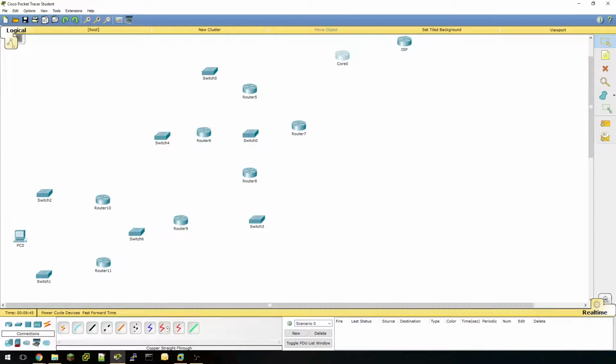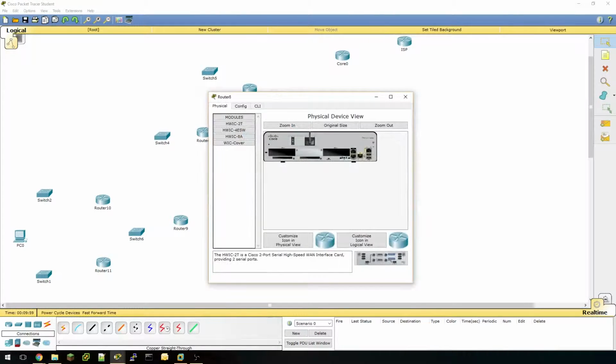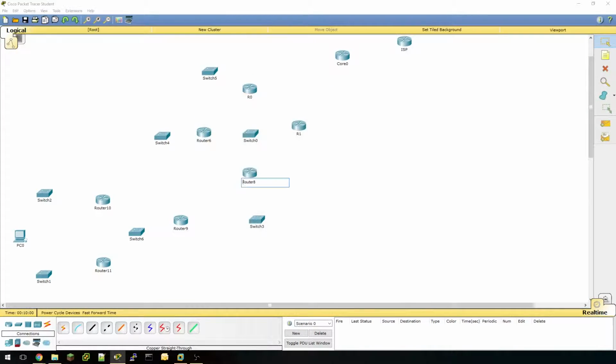This will be my core router, and then I will have R0, R1, in no particular order, it's not a big thing. R2,